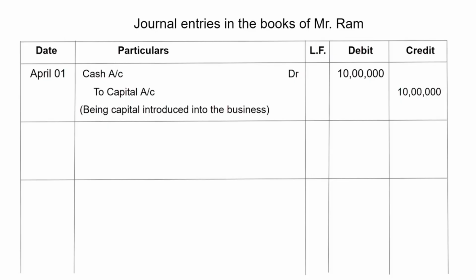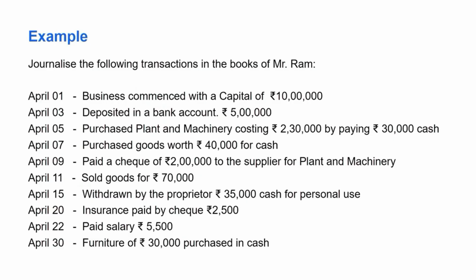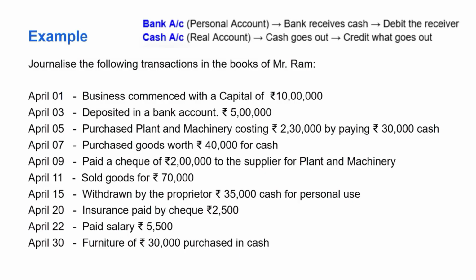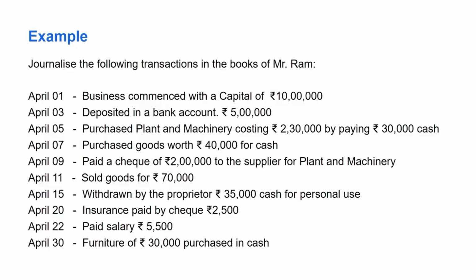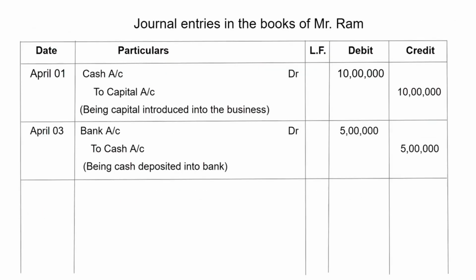Next transaction is April 3rd, deposited in a bank account 5 lakh rupees. Now cash decreases and bank balance increases. So the two accounts are bank account and cash account. Bank account is personal account. Bank receives the cash, so debit the receiver. And cash account, cash is real account. Cash goes out, so credit what goes out. So we record it as April 3rd, bank account debit 5 lakh rupees to cash account 5 lakh rupees being